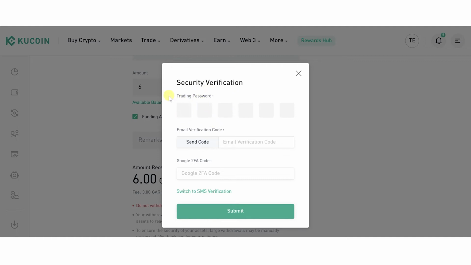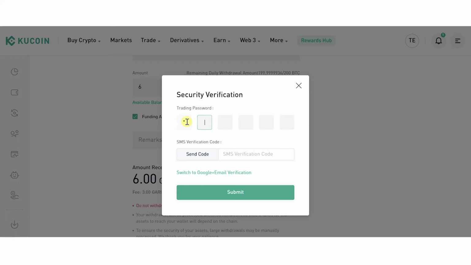So you will need to type down your trading password. Then you can send your email verification code, or you can just type down your Google 2FA code. But if you want, you can switch to SMS verification. Type down your trading password again, click send code. Then once you have typed down the SMS verification code or you have completed the security verification, just click submit